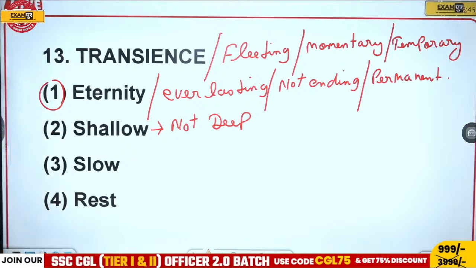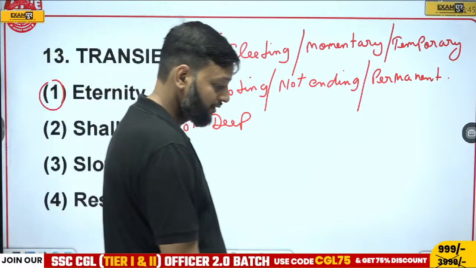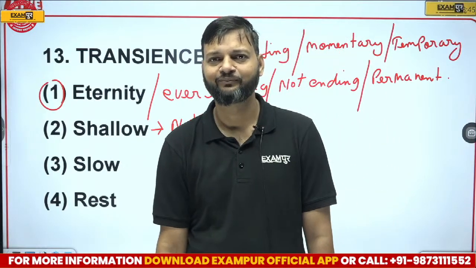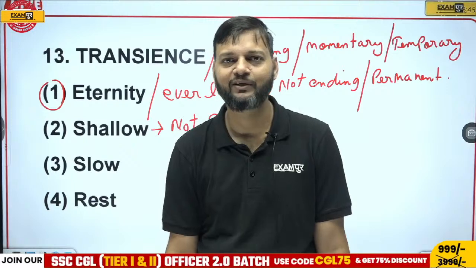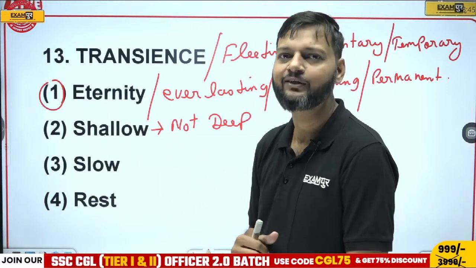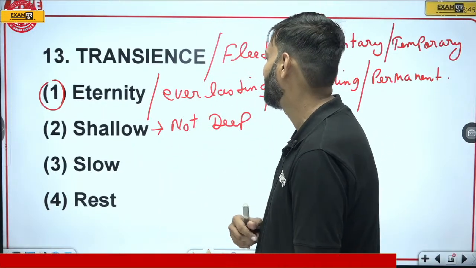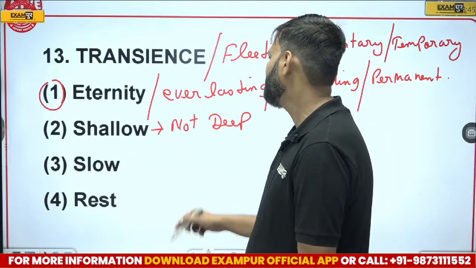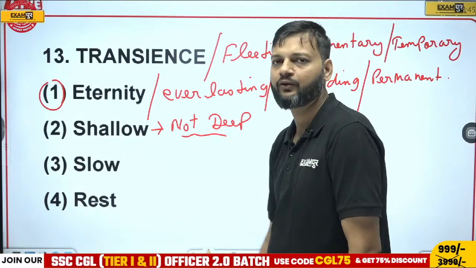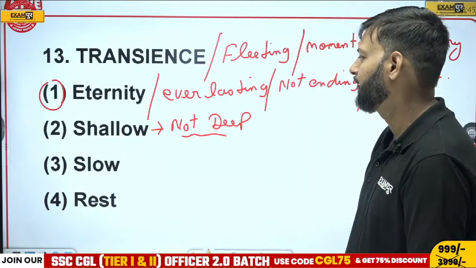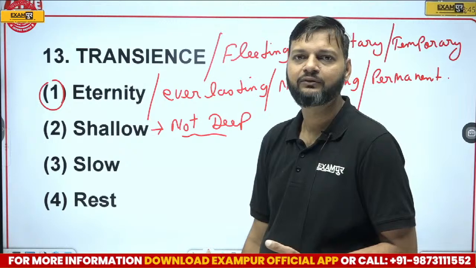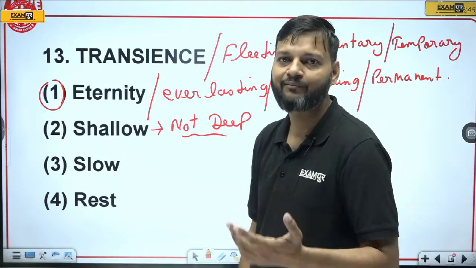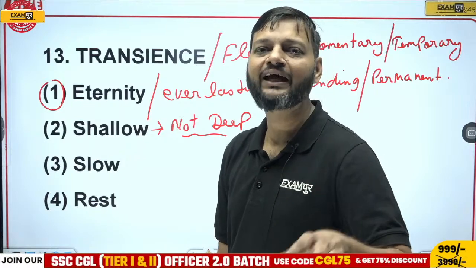Now you must have heard this dialogue: my boat got sunk in shallow water. You might have heard the Hindi version of this: Meri kashti डूबी वहां जहां पानी कम था ना. A famous dialogue of Ajay Devgan in some of his movies. So shallow means something which is not deep. And we shallow fry things, no? When we fry something, there are two ways of frying: deep frying and shallow frying.